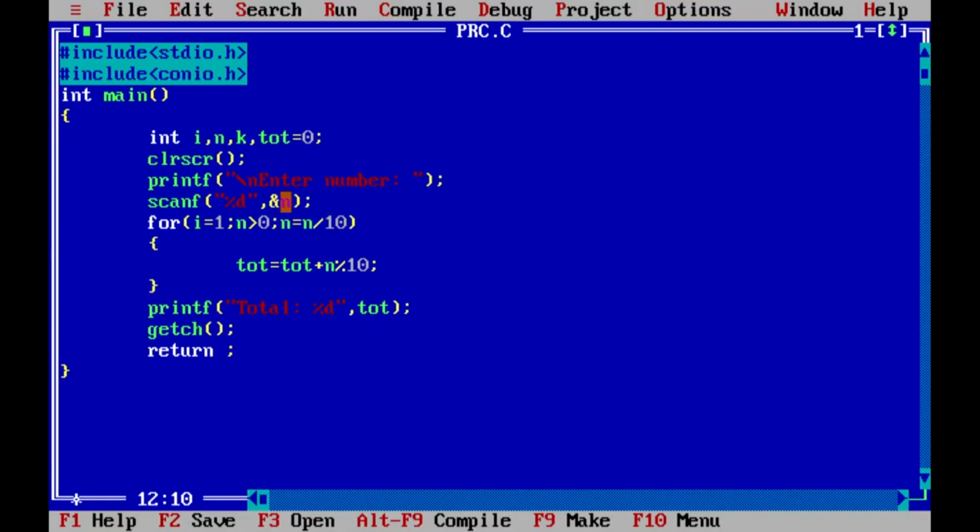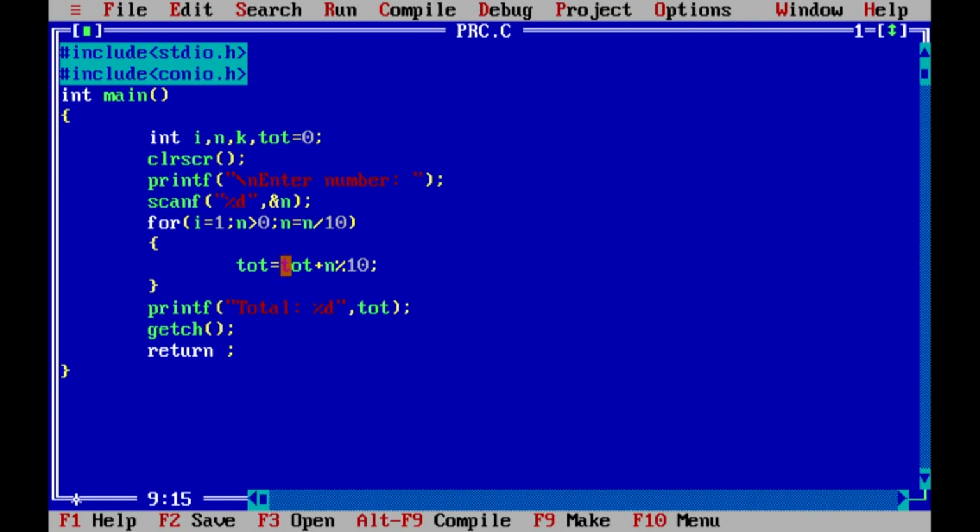we have inputted a number 13, yes, we will initialize, as there is no need of initialization, but as we have discussed in the syntax, we have to provide the initialization, but sometimes we don't use the initialization. It will check the condition, yes, n, that is 13, is greater than 0, then as a number is greater than 0, it will come inside the body of the loop.